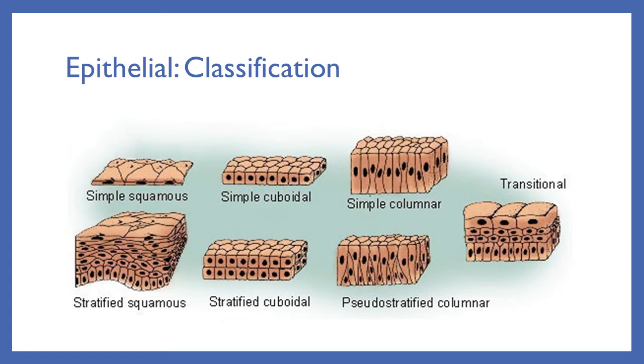Did you catch that whenever we have stratified cells, not everybody is on the basement membrane? Remember, I said that epithelial cells are attached to that basement membrane. When we have stratified cells, we start to stack them, and only the bottom is touching the floor. When this happens, because the blood